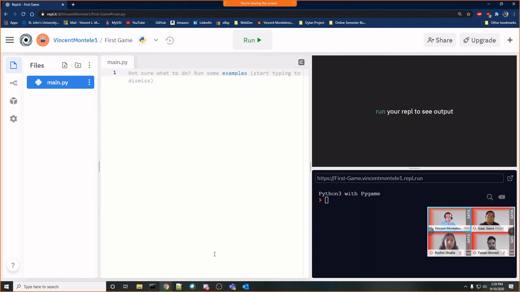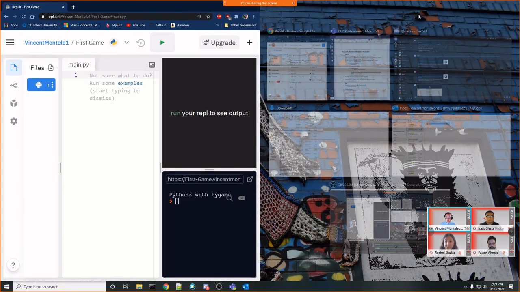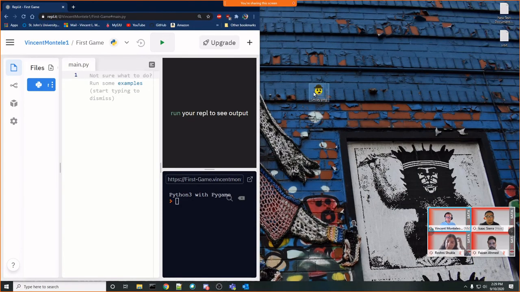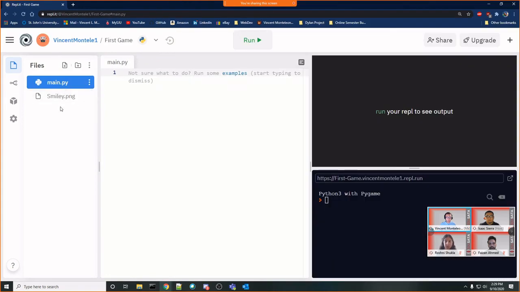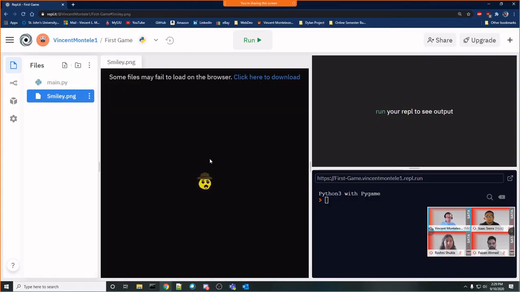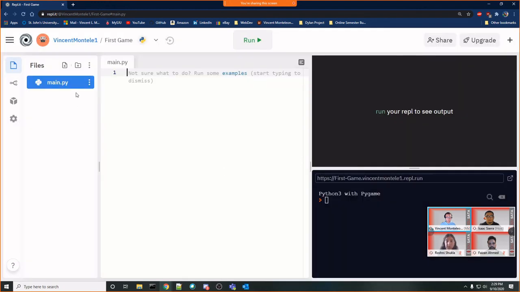All right. So the first thing we're going to want to do is actually upload this file into our REPL. So we got two options. We could either simply grab the file from a folder or from your desktop. Mine's right on the desktop, right? And you could just drag it right into the files like that. And you'll see now, smiley.png is inside of there. The other option we got is to click these three dots, the drop-down menu, and press upload file.